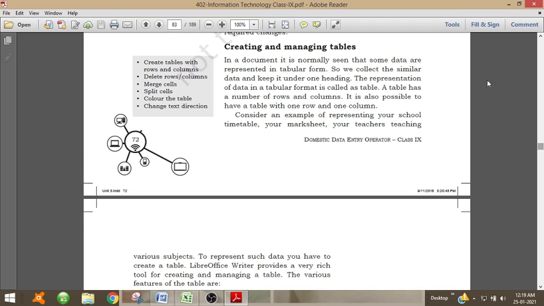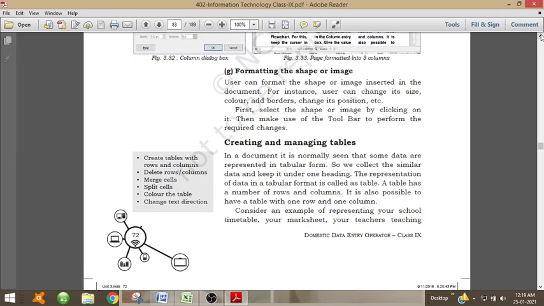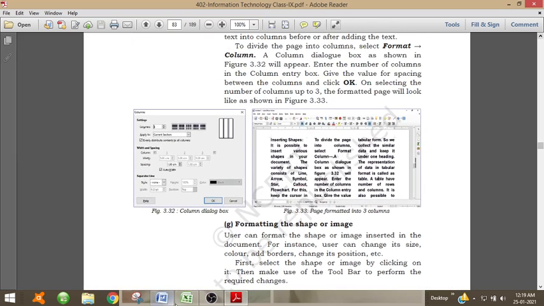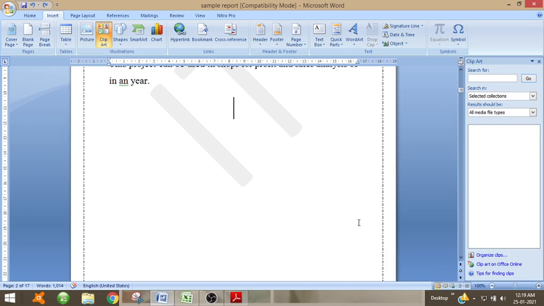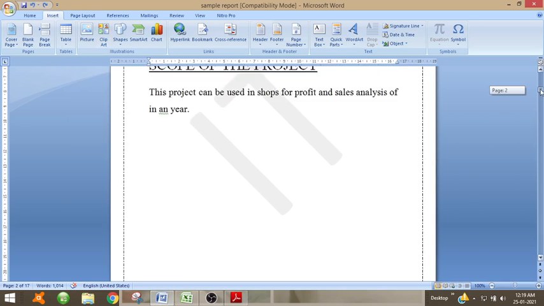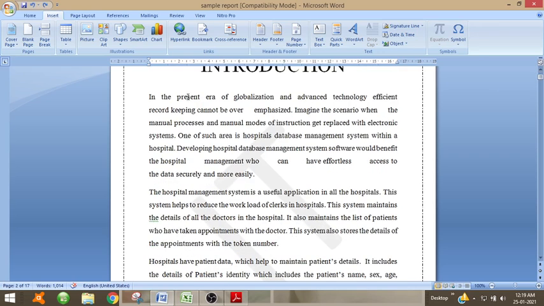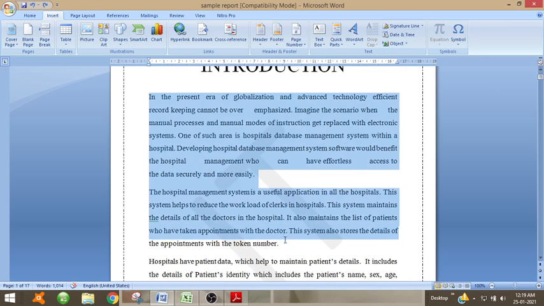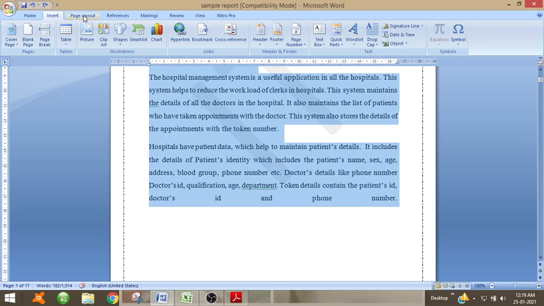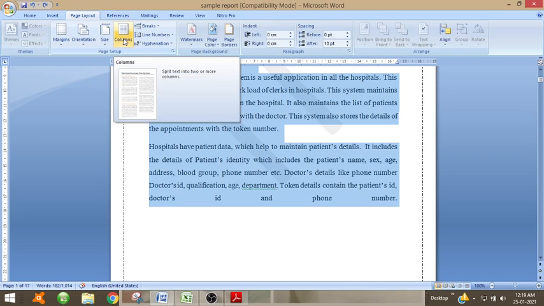You can divide the paragraph into different columns. That is, suppose this is the paragraph and you can select the paragraph, go to page layout, then you can see columns.